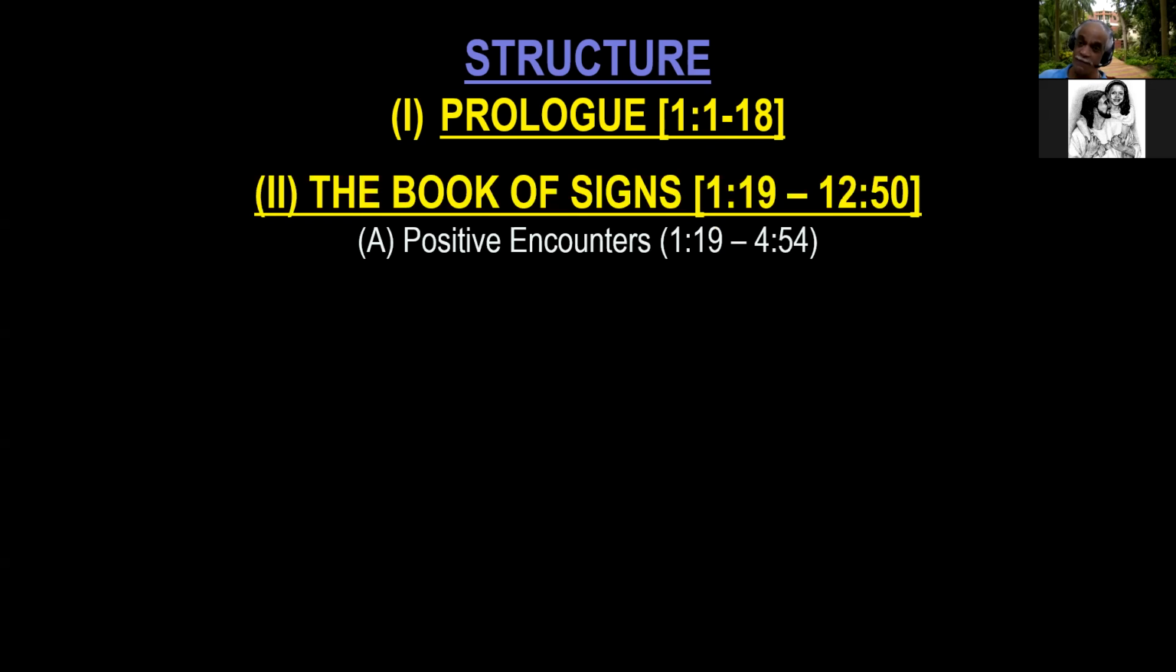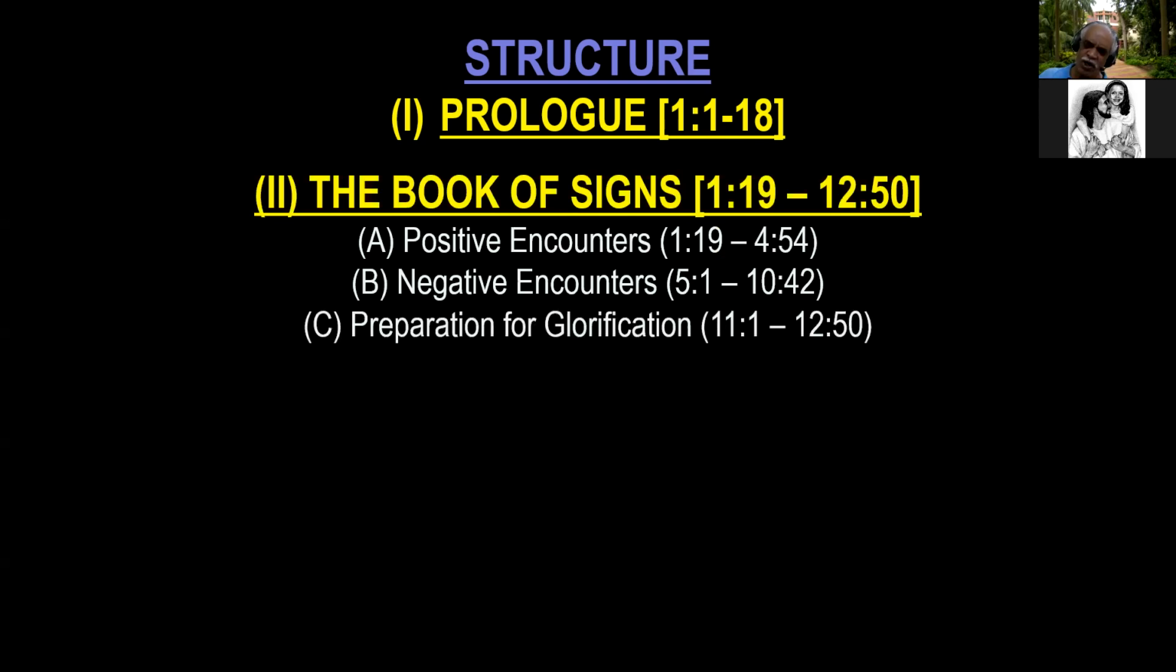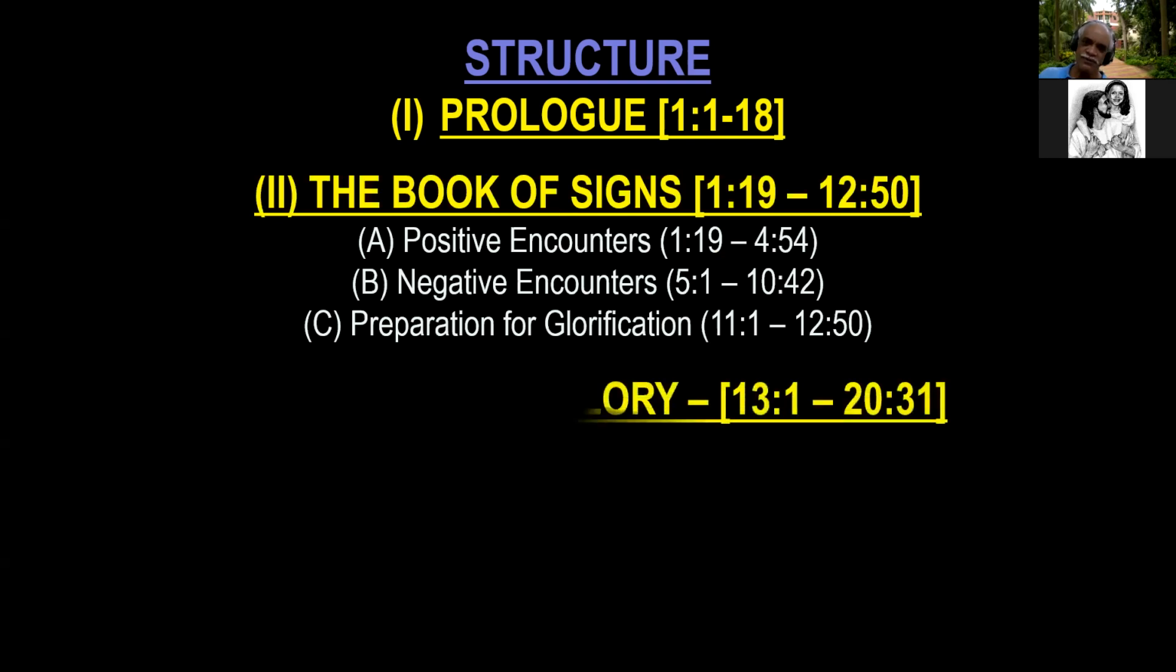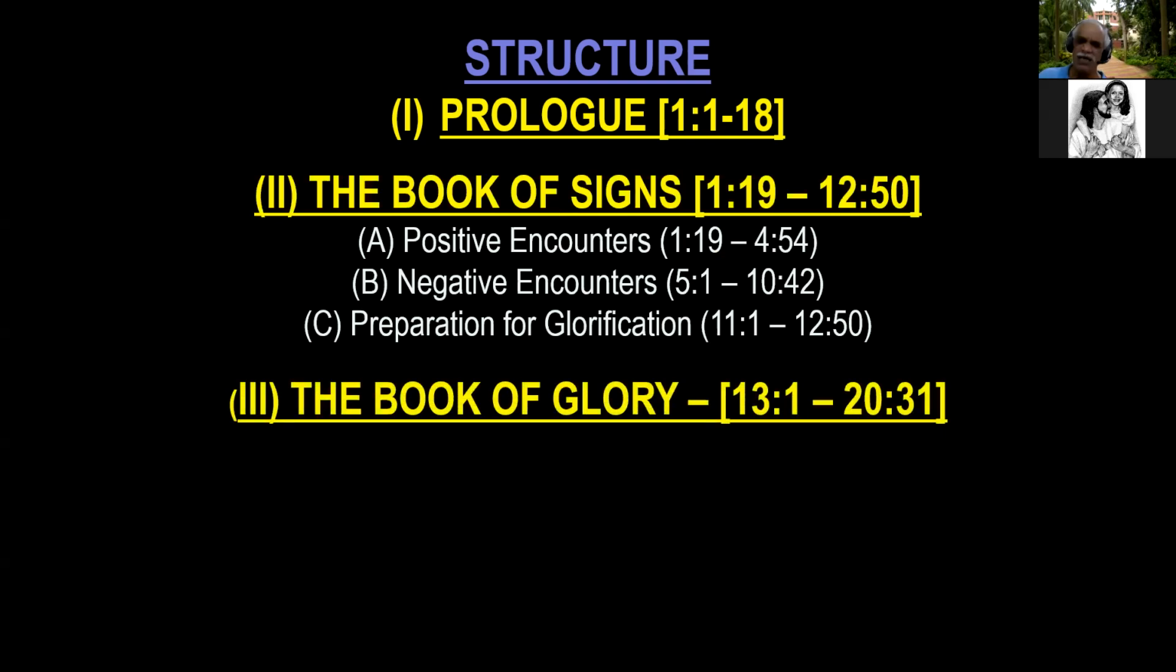The book of signs will be seen, as I said, in summary form as positive encounters, as negative encounters. So those who accept Jesus, those who oppose Jesus, those who reject him, and because of this rejection, there is the preparation for glorification. And that is why this third part of the book, or the second broad part of the book, might be seen as the book of glory, beginning in chapter 13, verse 1 to chapter 20, verse 31. This farewell discourse begins with Jesus washing the feet of his disciples,